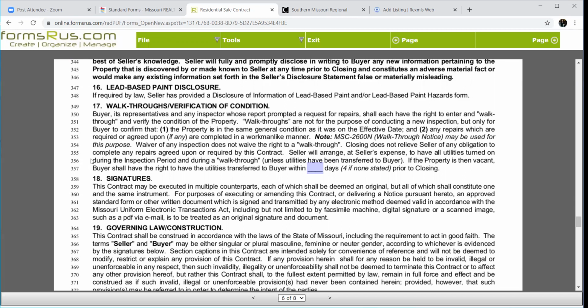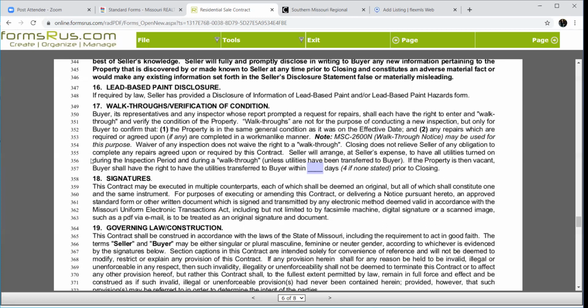Because if you walk in and find out that the GFI plugs were not put in the kitchen an hour before closing, guess what? It's not going to happen. And if that's a big deal to your client, now we're going to have to delay closing until that's done. And GFIs is a bad example, but whatever that is, if it's not completed and your buyer's not going to close, I would rather have known that last week than find it out the morning of.